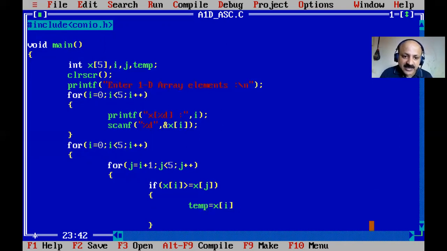If x of i is greater than x of j, then temp value we provide x of i, that is holding in temp, and then x of i is free, and then we can provide x of j. That is swapped like two integer values, that is array swapping, in the 1D array itself the values are interchanged, and then our ascending order is generated. So x of j is now free, and then we can assign temp. So that is the unique logic.